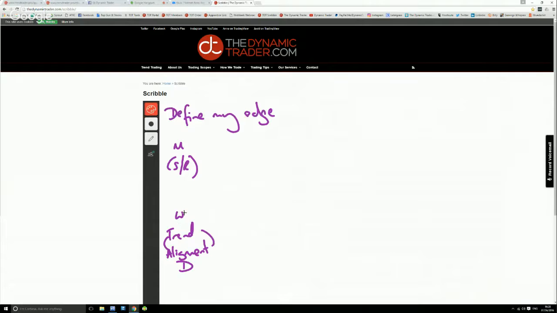So if the weekly is moving down, I want the daily to be moving down. If the weekly is moving up, I want the daily to be moving up. If the weekly is moving down and the daily is moving up, then there is some kind of issue, and that is where you want to be standing aside or potentially looking for a pullback strategy. But for now, on these 2 environments, we want the weekly and the daily to be moving in the same direction.